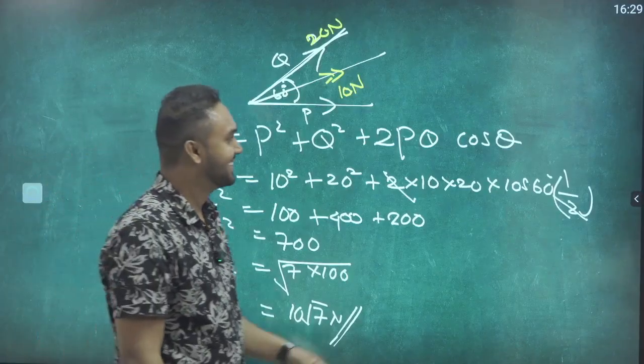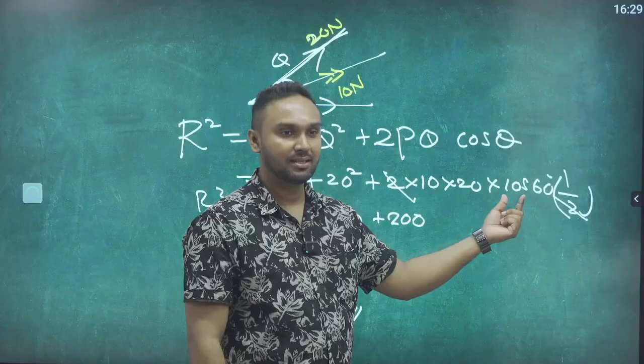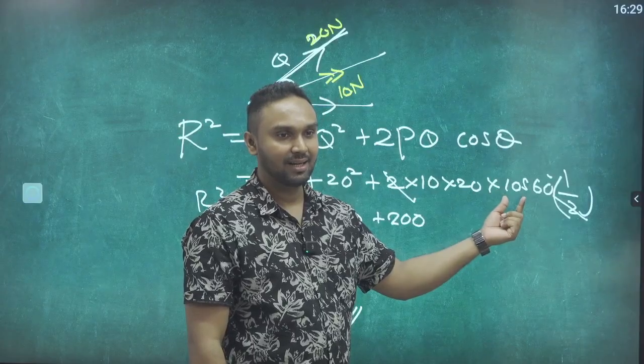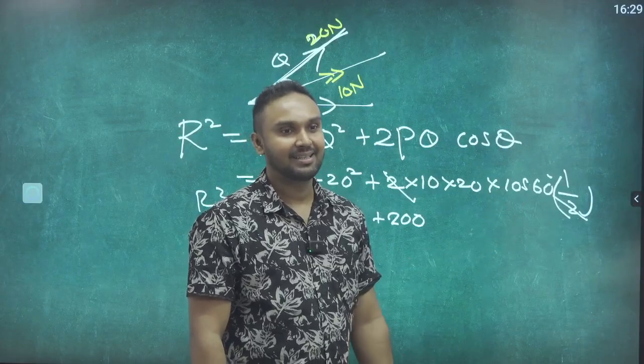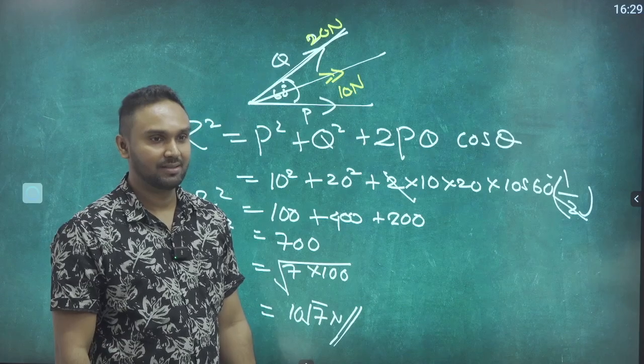Then how did I simplify it? Now cos 60 equals what? Half. That is one of the trigonometric values. Then